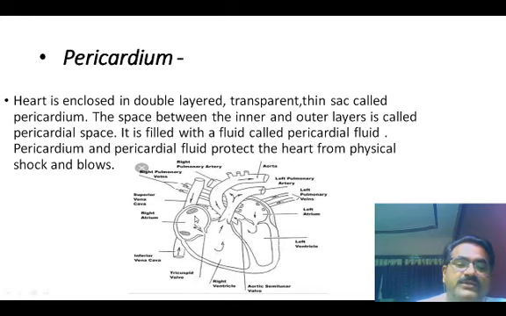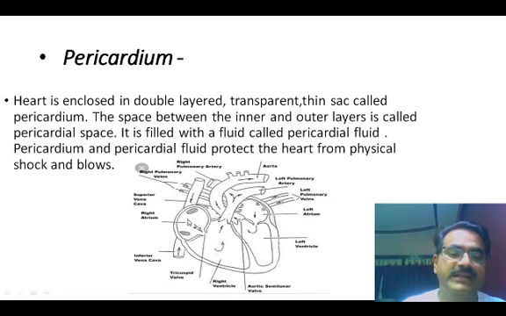We already know that the right auricle and the left auricle receive the blood. The right auricle receives impure blood from the anterior and posterior parts of the body with the help of the superior vena cava and the inferior vena cava, and the left auricle receives the oxygenated or pure blood with the help of the pulmonary veins. The superior vena cava and the inferior vena cava open into the right auricle, and the blood from the right auricle enters the right ventricle through the auriculoventricular aperture,